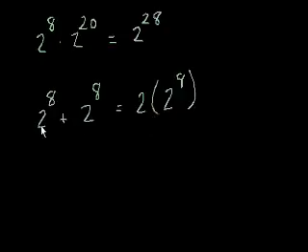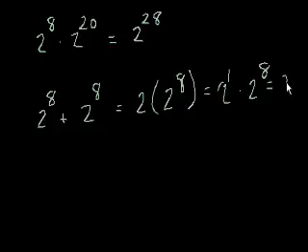2 times 2 to the 8th, that's just 2 to the 8th plus itself. And 2 times 2 to the 8th, well, that's the same thing as 2 to the first times 2 to the 8th. And 2 to the first times 2 to the 8th, by the same rule we just did, is equal to 2 to the 9th. So I thought I would just throw that out to you. And it works even with negative exponents. If I were to say